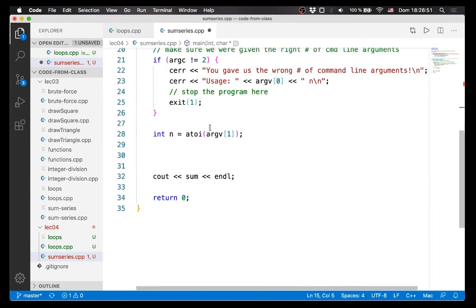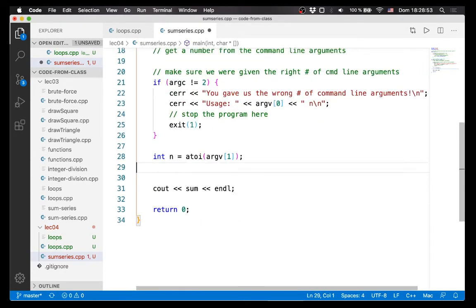And then what we want to do down here is, instead of just cout sum that we built up, let's cout sum of n. And let's also make it pretty so that we print our